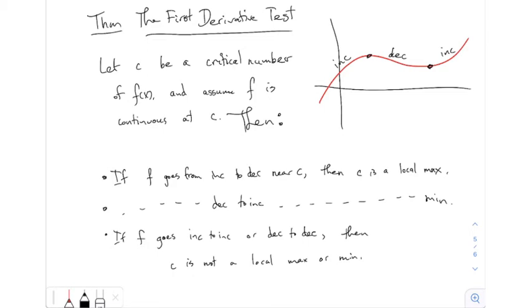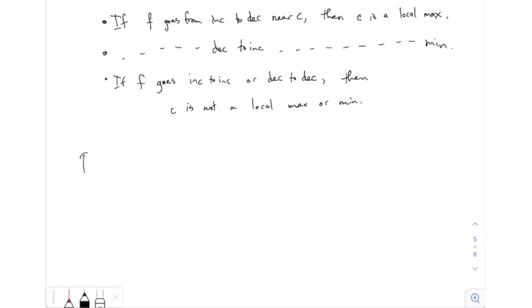All of these words together are called the first derivative test. It is how you can find where the local maximum and minimum values are. You make that big chart, and then you just look how the signs are changing. If it goes plus to minus, that's a maximum. If it goes minus to plus, that's a minimum. And if it's plus to plus or minus to minus, that's neither. All right? So, for example, the previous example we just did,